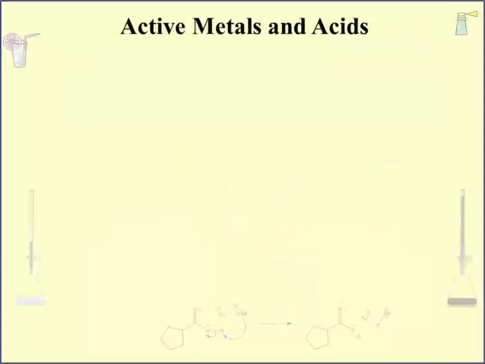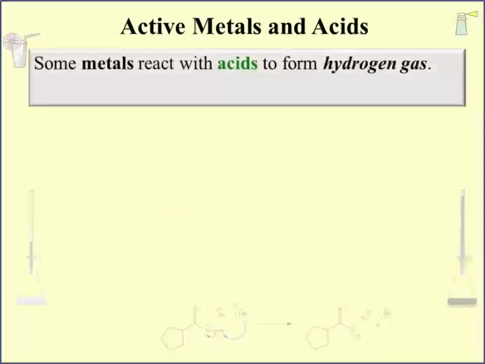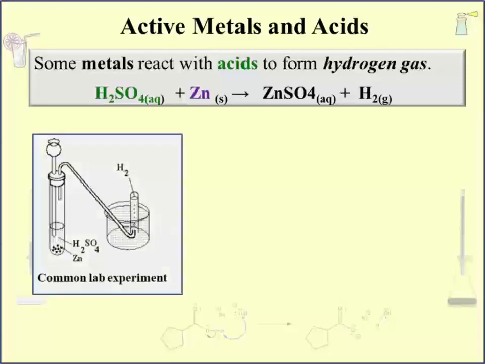The last topic of the lecture is the reaction of an acid with a metal, and we will limit the discussion to a specific type of reaction. Some metals react with acids to form hydrogen gas. For example, adding sulfuric acid and zinc together forms the salt zinc sulfate and the gas hydrogen. These reactions are commonly incorporated in the labs of a general chemistry course. The volume of hydrogen gas is captured and measured and then used in stoichiometric calculations to determine the percent yield